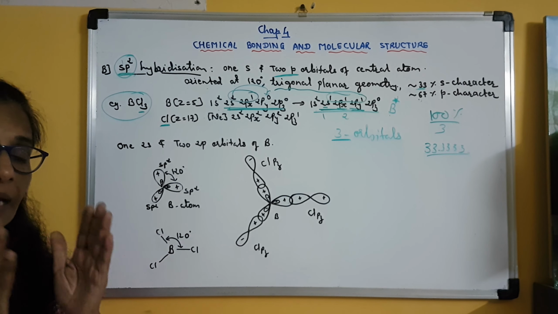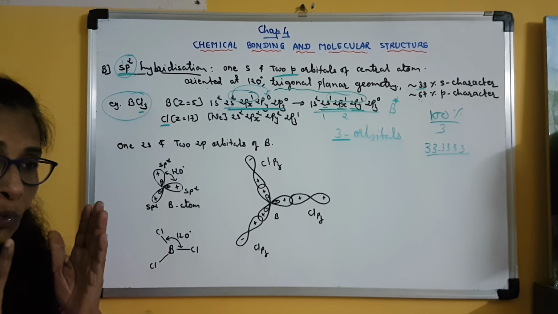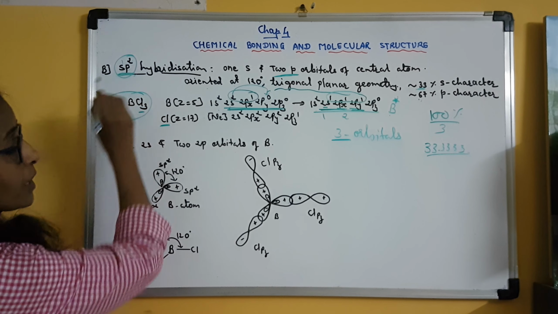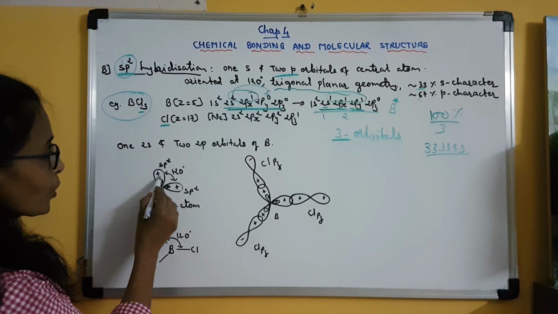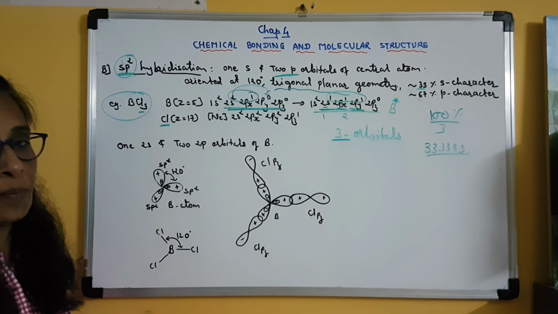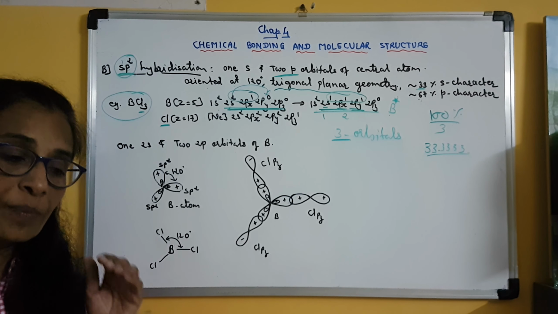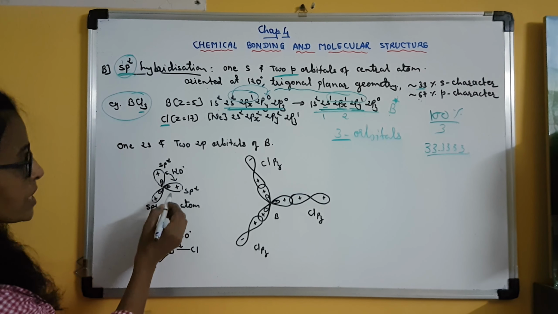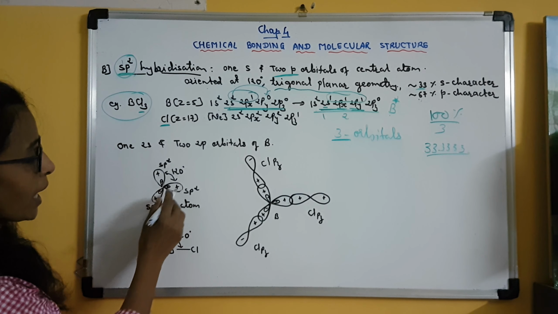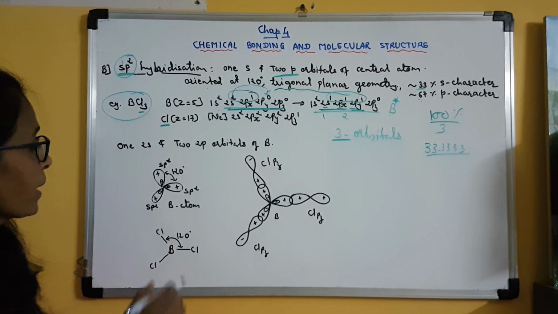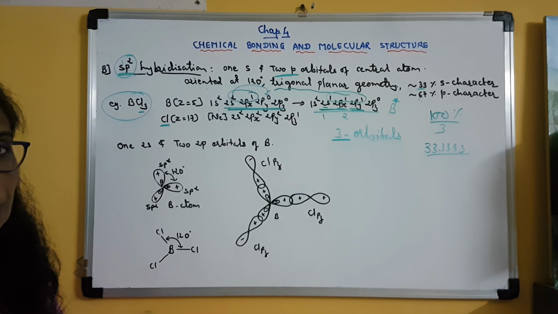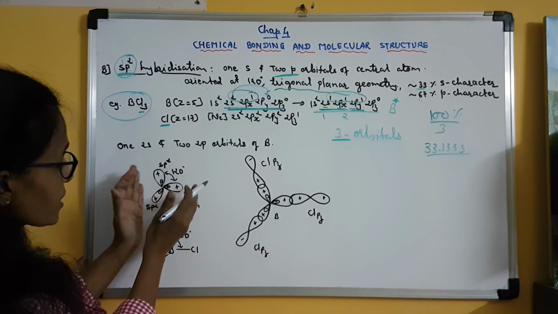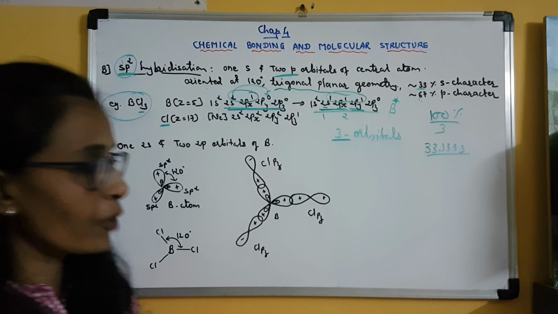Any hybrid orbital is always represented by a symbol like this. As we are talking about sp2 hybridization, each hybrid orbital is an sp2 hybrid orbital. None of them will be s or p. All of them are sp2 hybrid orbitals, and these orbitals are arranged trigonally, making an angle of 120 degrees between them. Clear? So you can see there is a reorientation of orbitals.